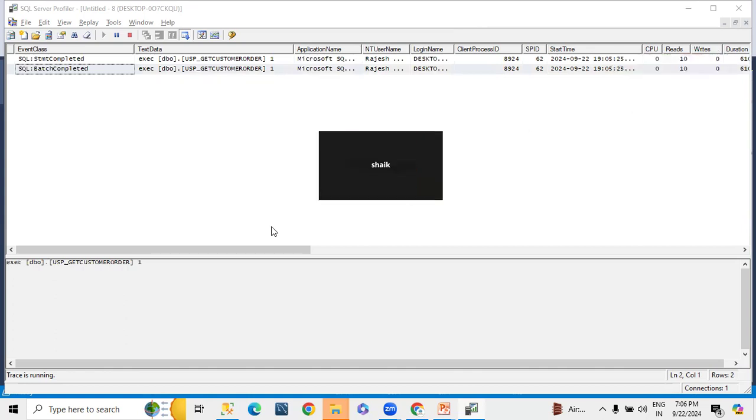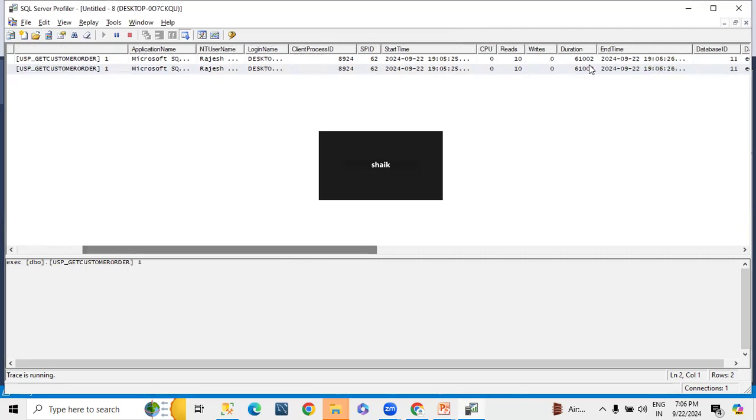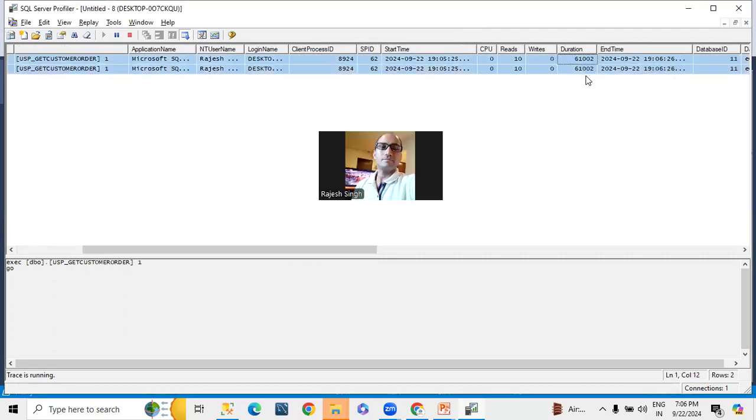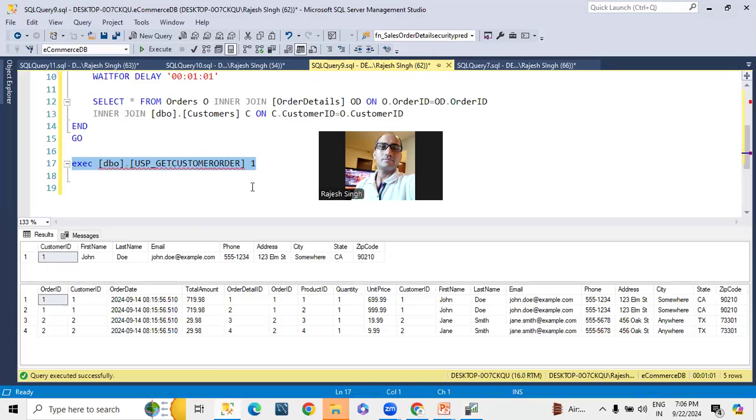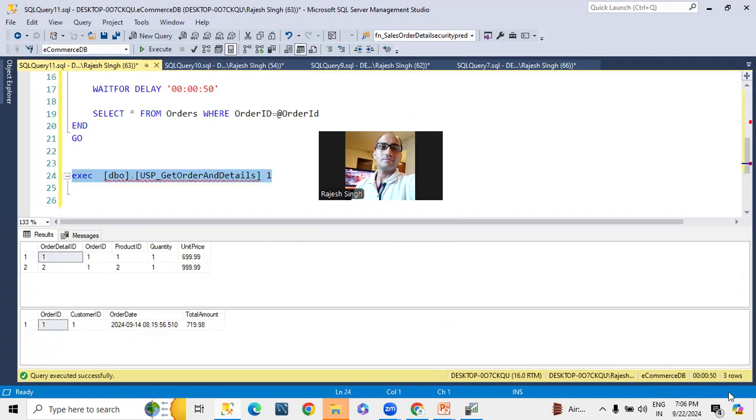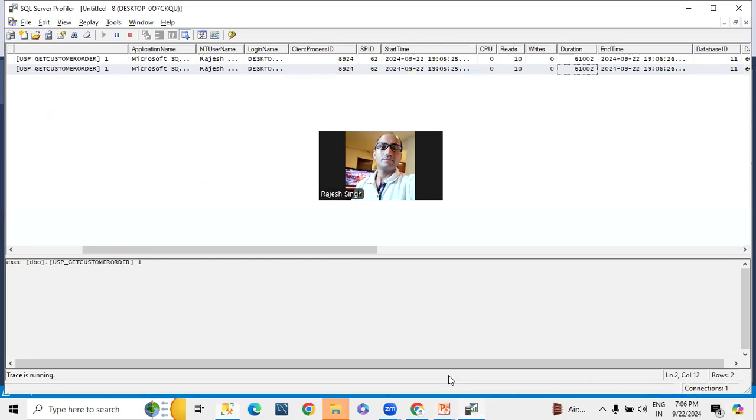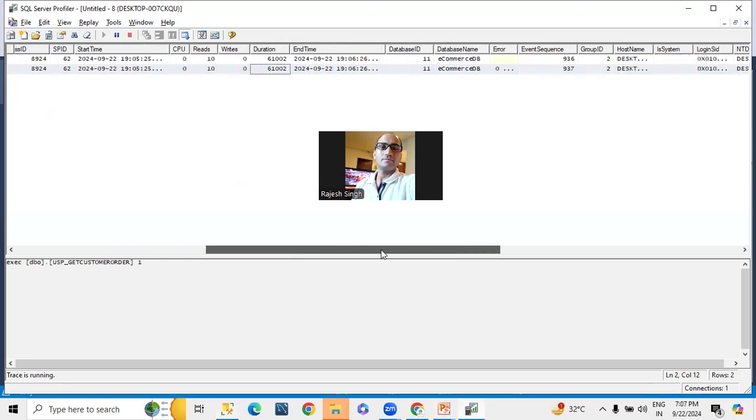Yes. Yeah, you can see now. You can see duration is more than that. Maybe we selected a different profiler, so that's why we are getting those statements. But if you look at both procedures, this one completed in 1 minute 1 second. This one completed in 50 seconds, but the 50-second one is not showing in the list. Are you getting this?